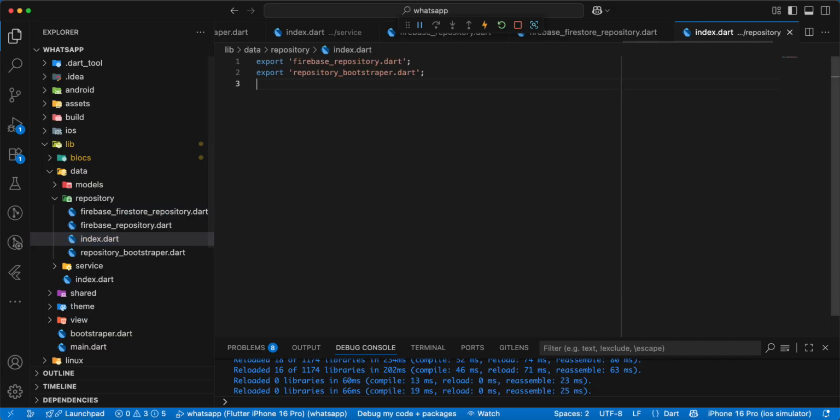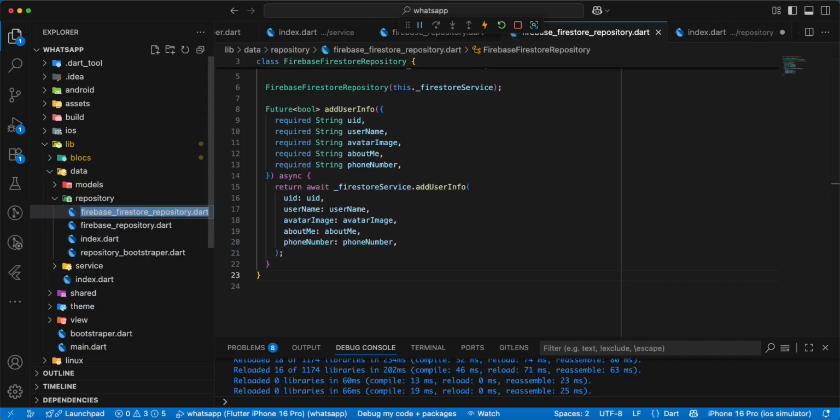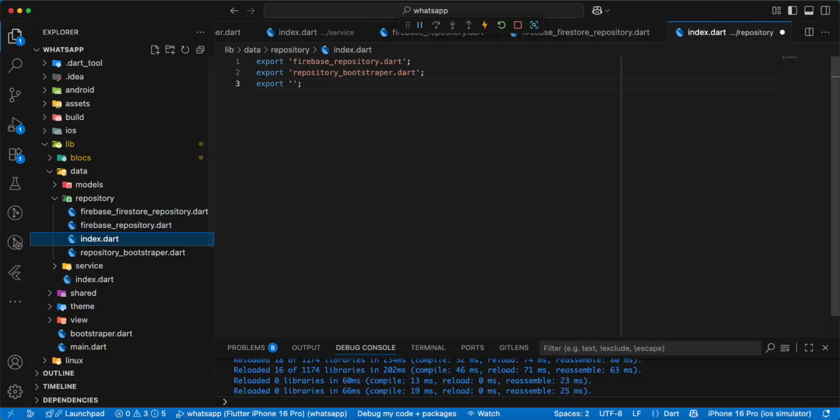Save, open index.dart, write export, add Firebase Firestore repository to index.dart,